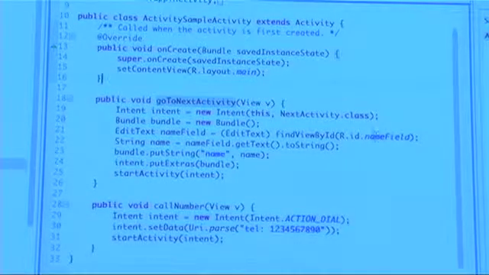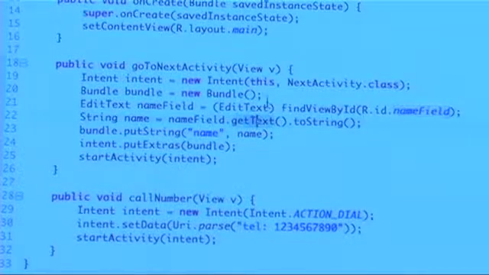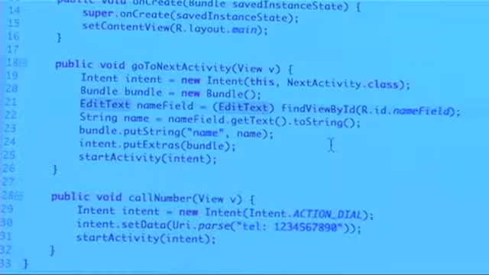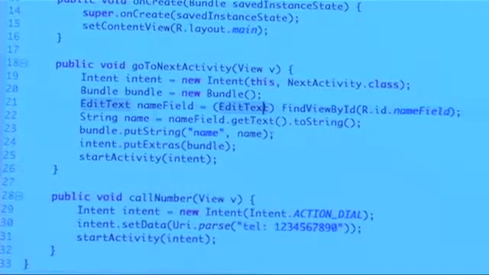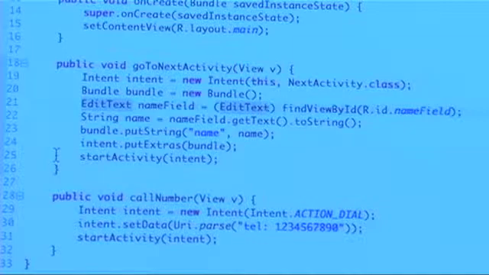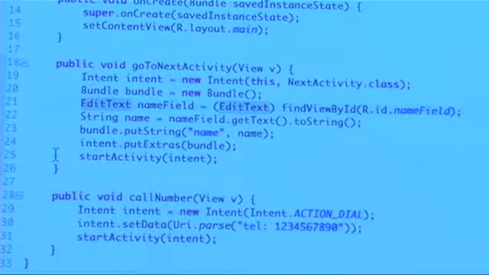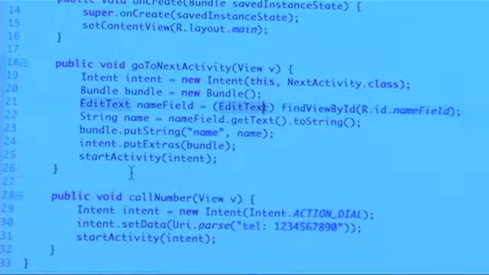name that you inputted in this edit text field. We're going to get the text from the edit text field here, and we are going to put this string into the bundle with its key being the name and its value being this name variable here. We put the extras, wrap that all up into a bundle, and pass it on to the intent and associate it with that. And the last thing, we are actually starting the activity with this intent, and the bundle will be passed along